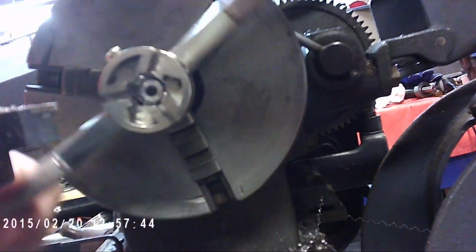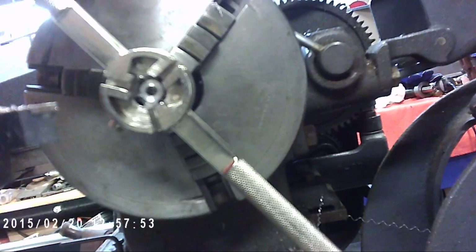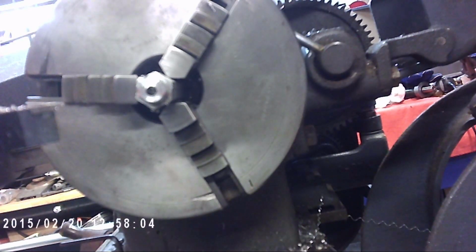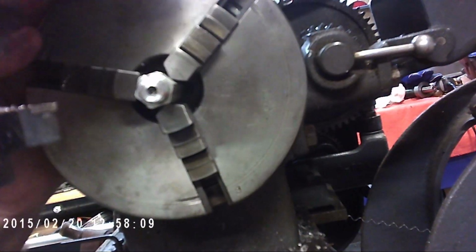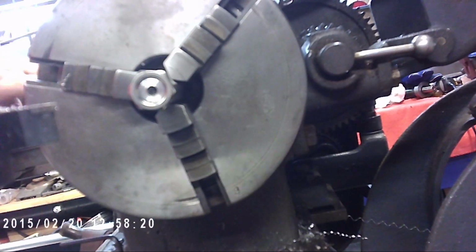I increase the undercut some too. Plus we got tap magic. That should help. Yes. Now we're threaded all the way to the shoulder. Look at that. Now let's see how this will machine